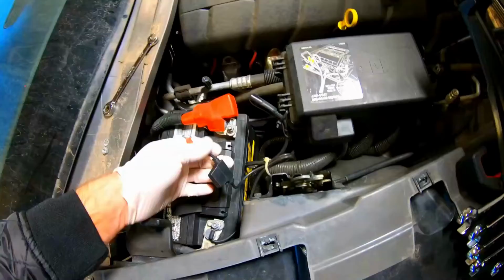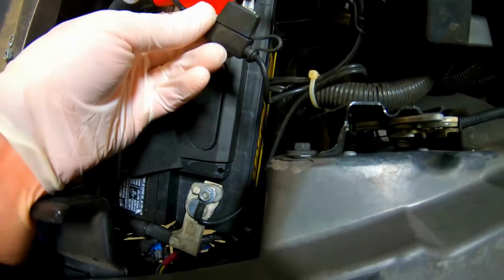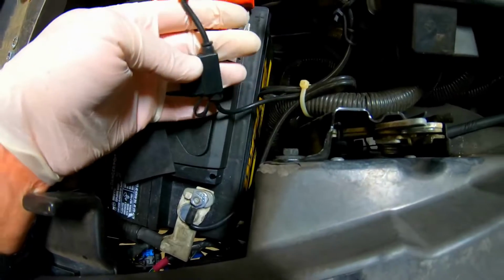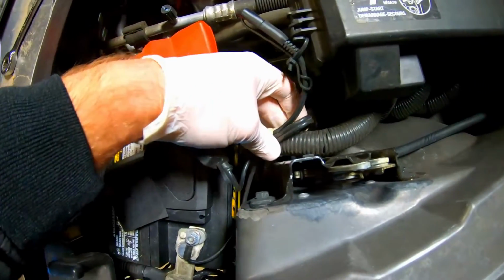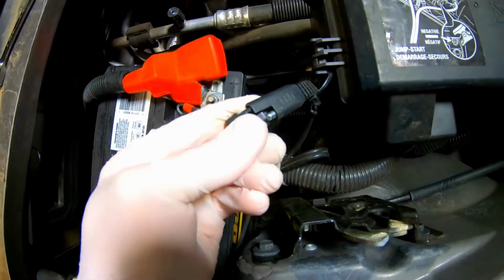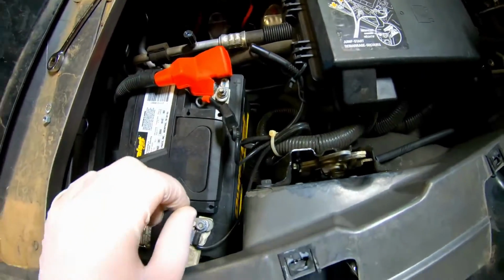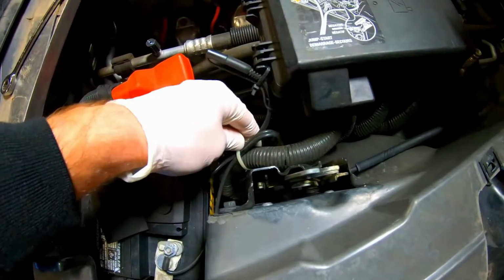And when I started to remove the nut, I noticed this small thing right here. It has the 7.5 amp fuse. And it's just a small wire which ends right like this. I don't have any idea what it could be, so please, if you know what that is,